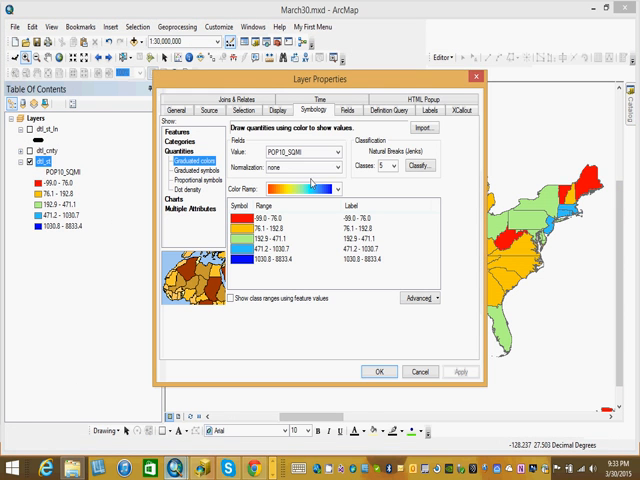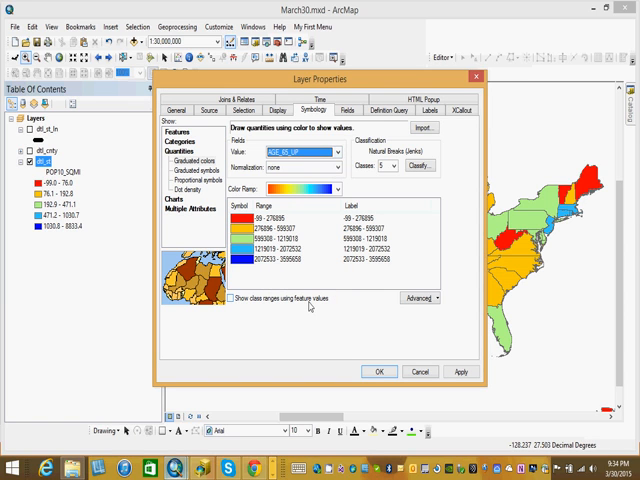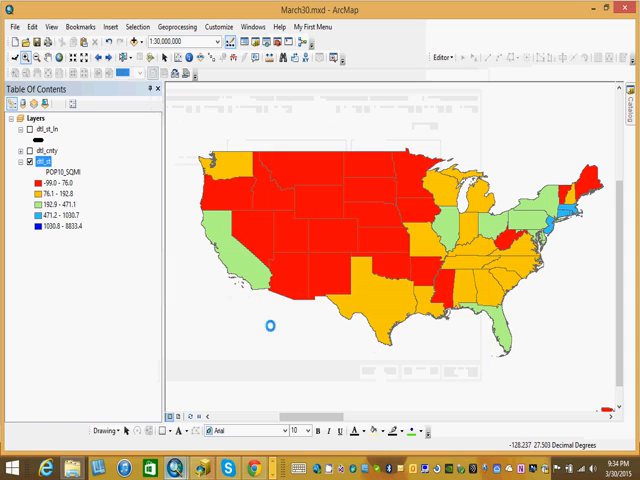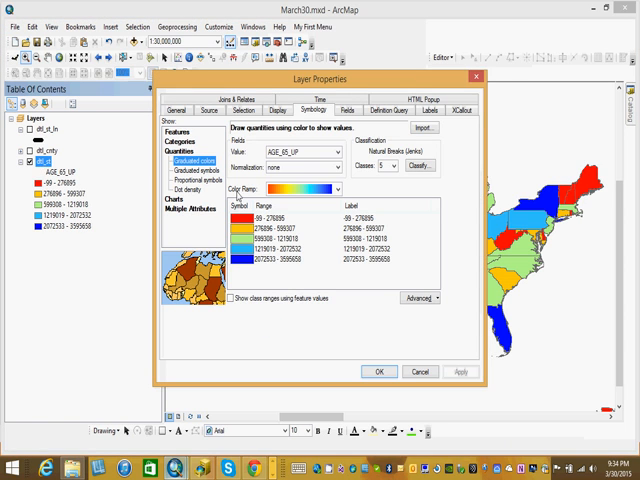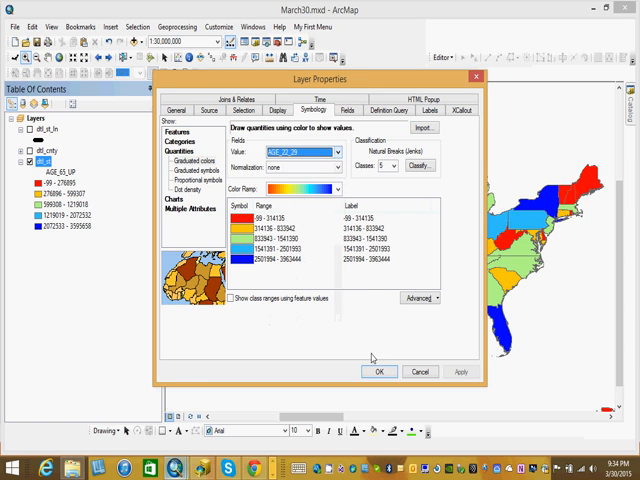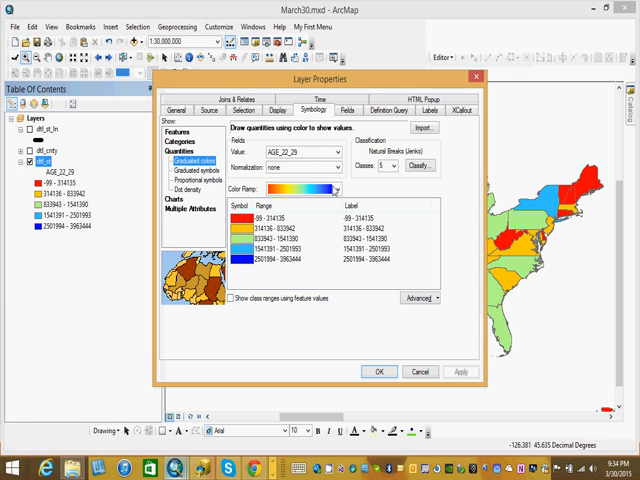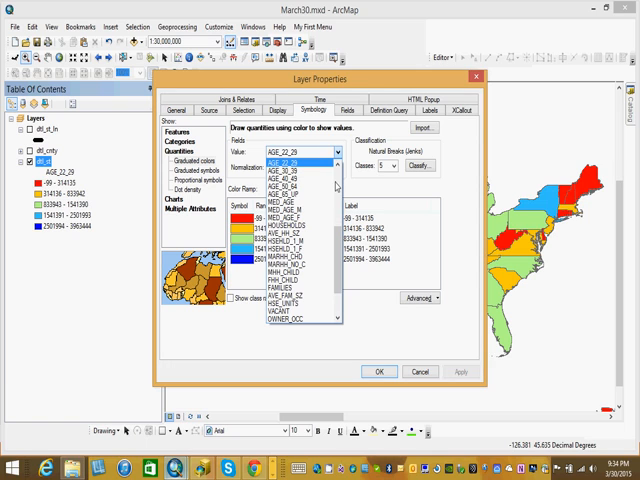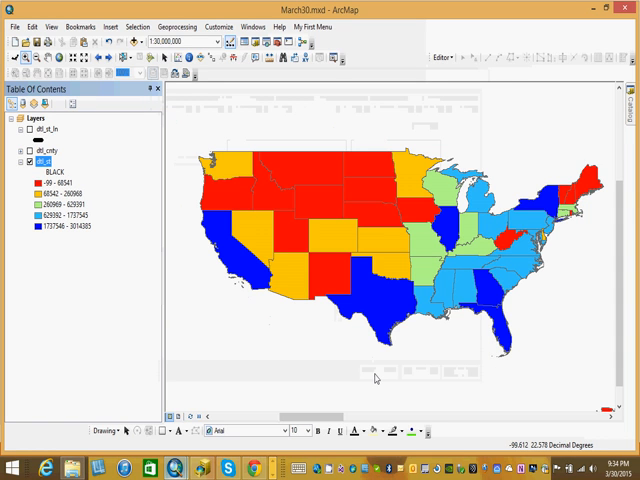Let's say my value is age 65 and up. Why not? The numbers that you see here are just the raw totals of people age 65 and up. And you'll notice if I choose age 20-somethings, like you, the values don't change because these aren't normalized. Choose the African American. It doesn't change a whole lot because we're just looking at raw totals, and the data